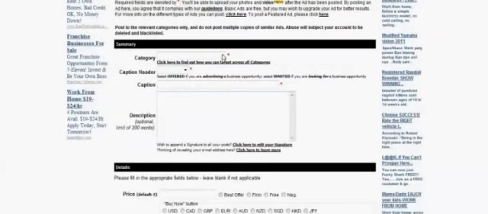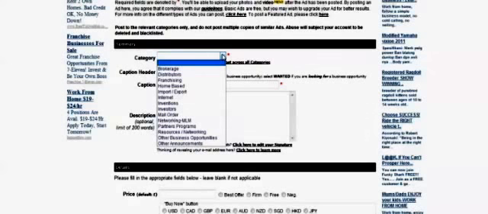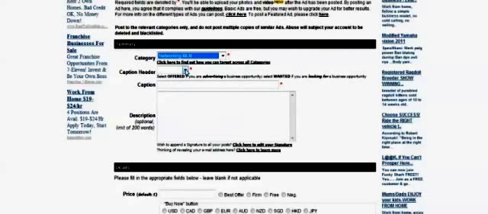All right, so I'm going to come down here and choose just a couple things. A category. Again, there's no right or wrong way to do this, whether you choose internet, home-based, networking, whatever you want. Normally I put it under internet, but let's change it up and put it under networking and MLM. Okay, I'm going to put offered.